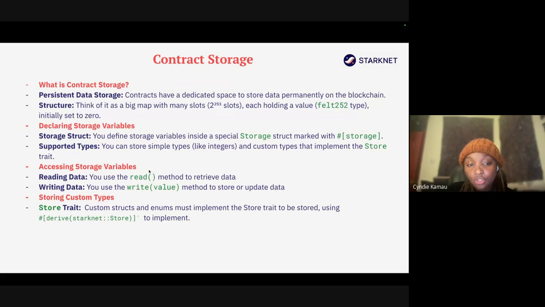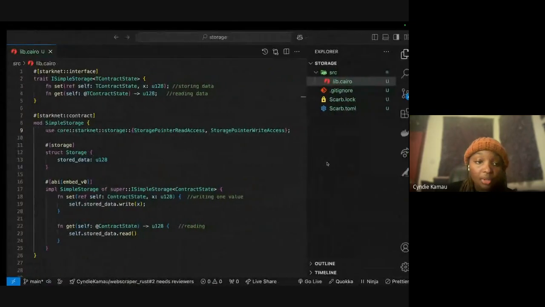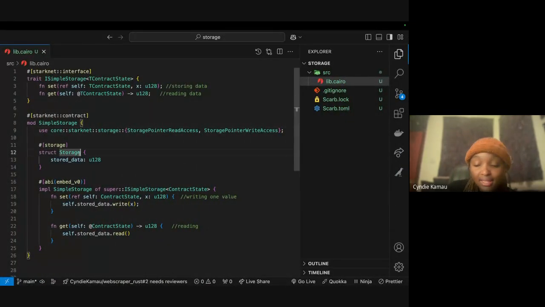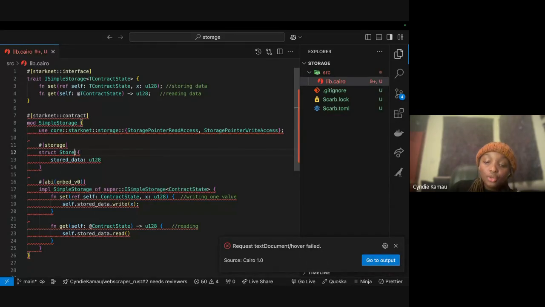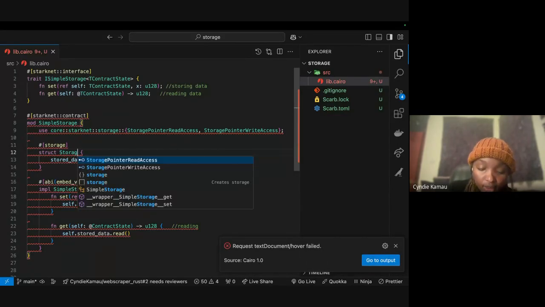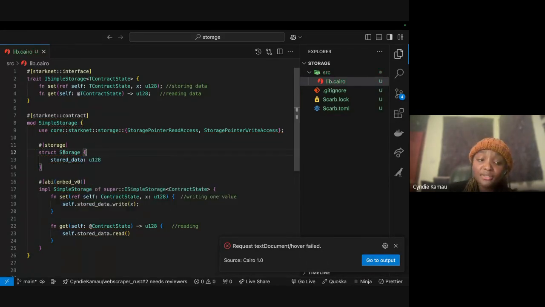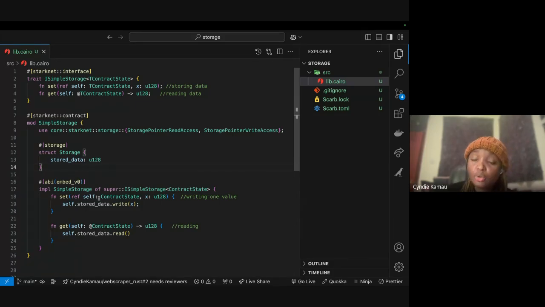So when you're declaring the storage variables, like I said, you have to specifically write storage. You can't write a different attribute here and then say you want to store. It does not work that way. You have to write storage specifically so that the compiler knows this is a specific struct and it's all about storing data on the blockchain.